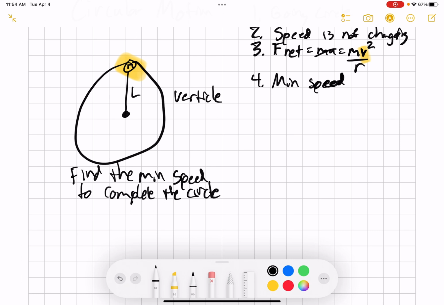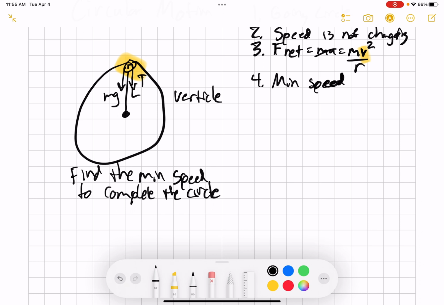So our first step, remember, draw a free body diagram. So I have mg down, that part's pretty easy. And then there's one more force down as well, and it's coming from that string, right? That string is actually going to pull it down a little bit, and so because it's a string, it's going to be tension. So next, XY chart. Since I only have forces in one direction, I don't need to worry about the XY chart,